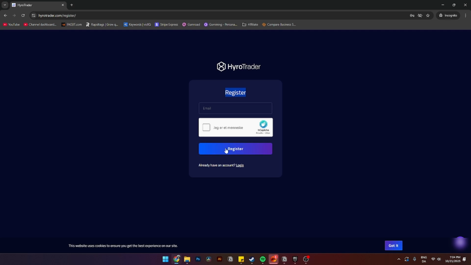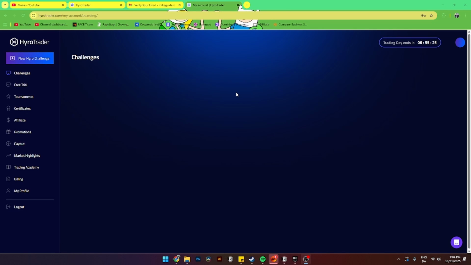Once you've done that, you simply need to click register and then go into that specific email or Gmail or whatever mail provider you're using and just click verify your email. From here, you'll select the password, and it should look something like this inside of the Hyrotrader dashboard. Here you can see you'll have your challenges, you'll have your free trial, you'll have your payout down here, but to create a new challenge, you simply need to click New